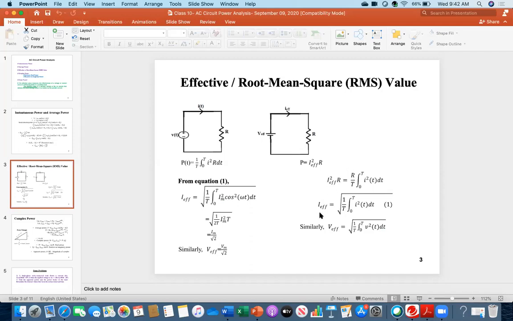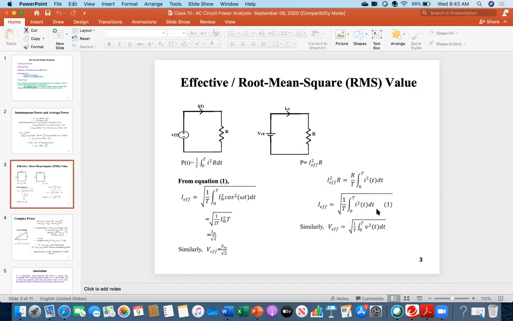So what is my I effective value? Then root over that portion. That is the definition of effective or root mean square. It is called the root mean square. There are three things: root, then mean, and then square. This is my root. And what is this one? I am dividing by T, I am making an average, or a mean. And then square. Why is it square? Because I squared.